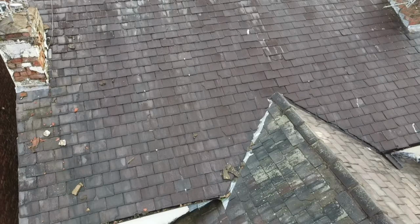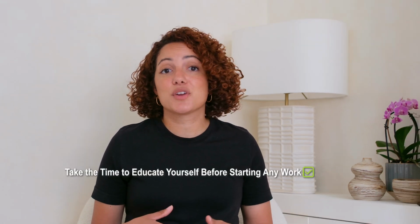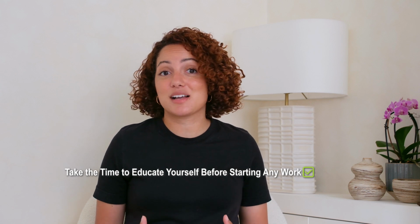That's when I learned about the gully, a part of the roof I didn't even know existed until then. Apparently it needed work too, and I couldn't help but wonder if this could have been avoided if I'd known to ask about it earlier. Maybe the previous trade should have spotted it when they were fixing the roof, maybe not, but it was a costly lesson. Here's the thing: you don't know what you don't know, and I'm not beating myself up over it,